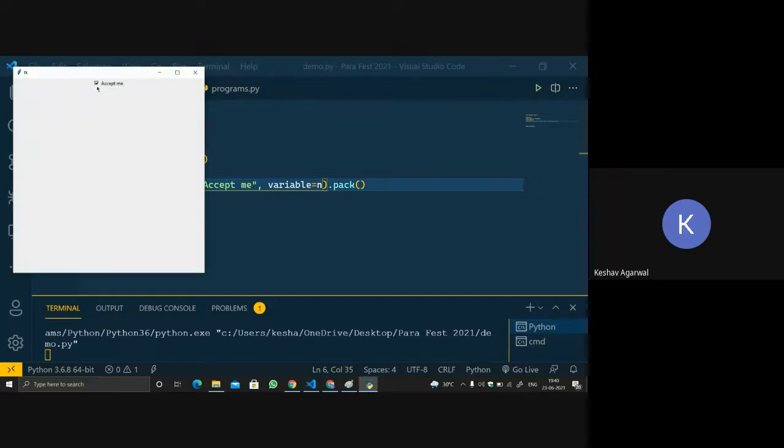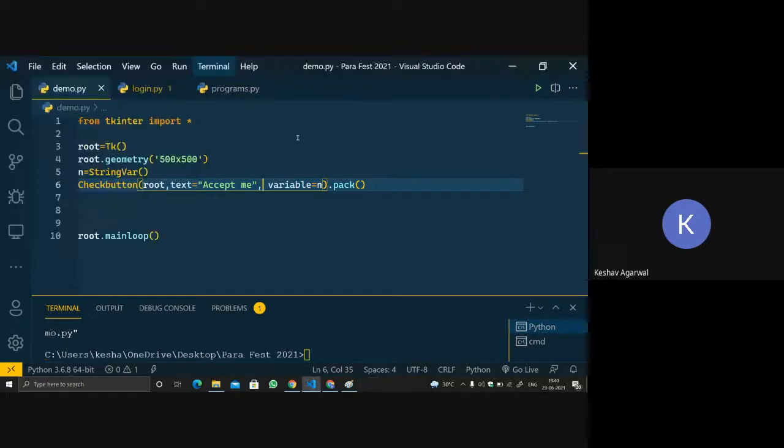Okay, see, we got a check button. It is either true or it is either false. So this is what the check button is, and let's print the check button's output.